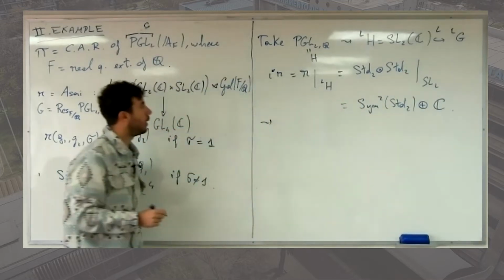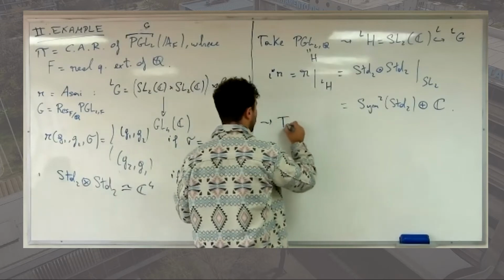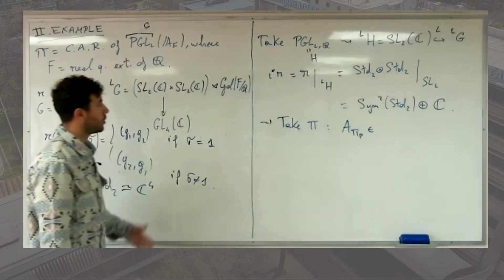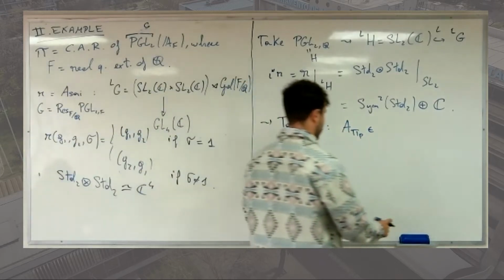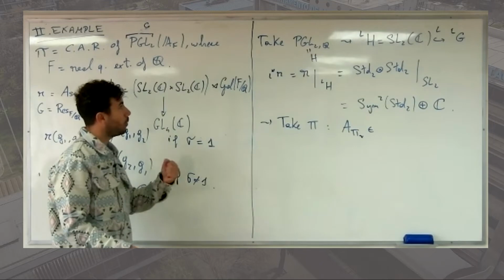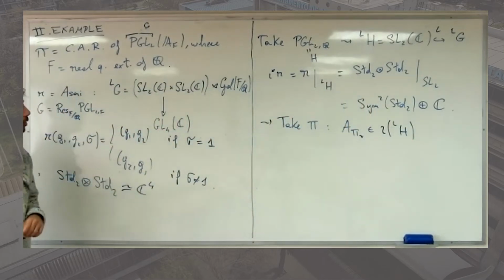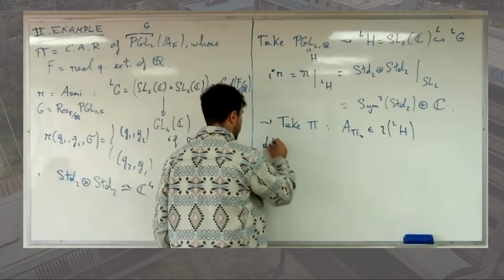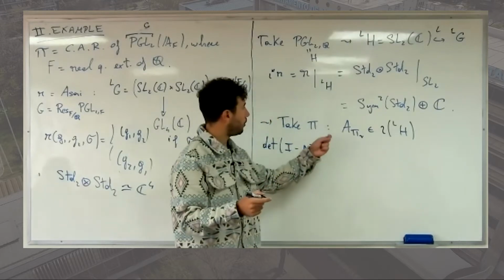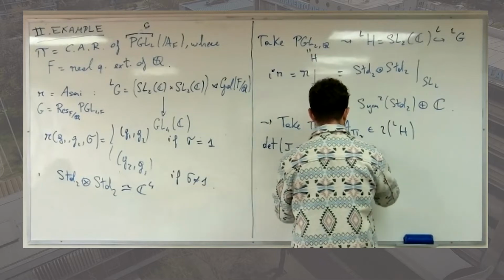And here is the consequence. Now, suppose that we look at a representation pi such that the Satake parameter A pi V belongs to the image of the dual group of H. Then if we look at the determinant of identity minus the norm of V to the minus S times the image of R of A pi V,